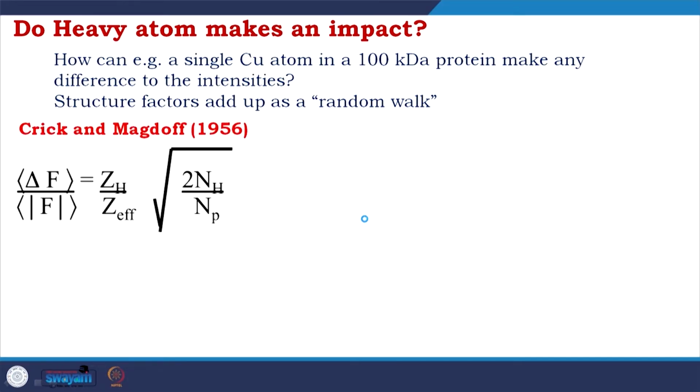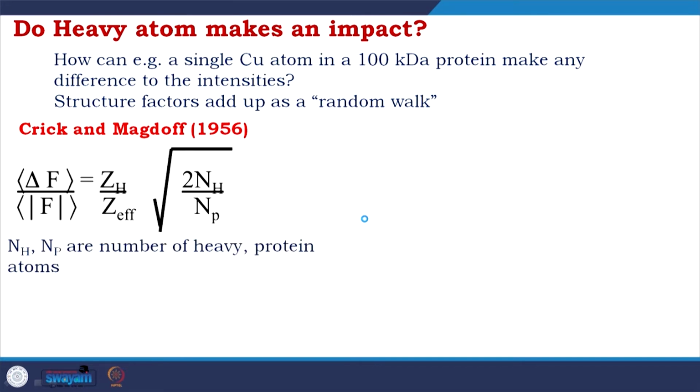Crick and McDuff in 1956 have calculated this, the change of structure factor, delta F by absolute value of F equal to Z_H divided by Z effective, root over 2 N_H by 2 N_P,